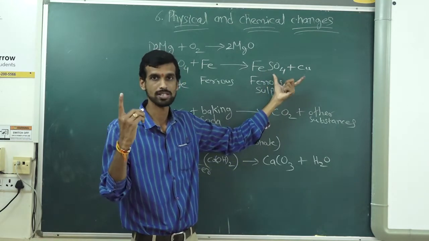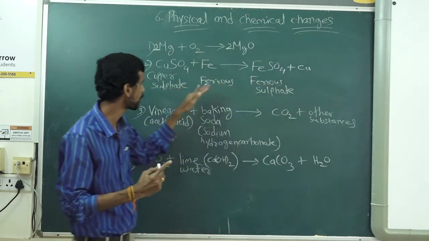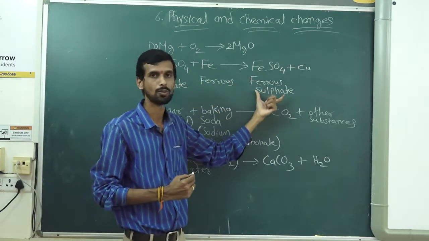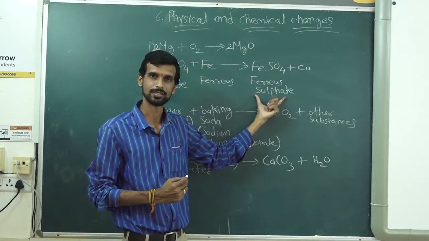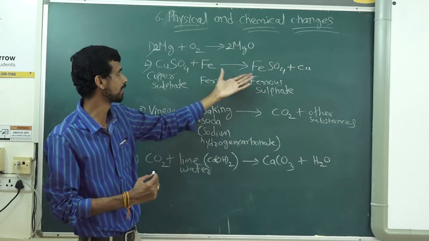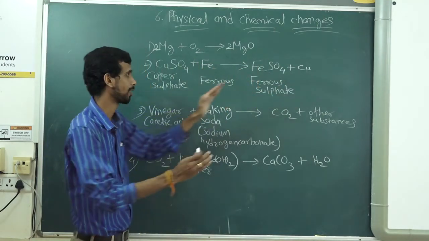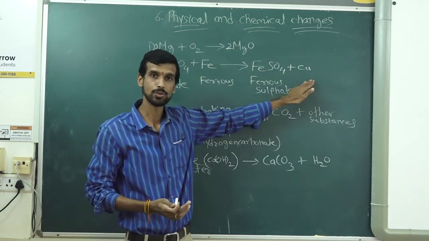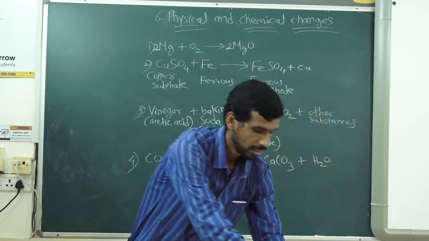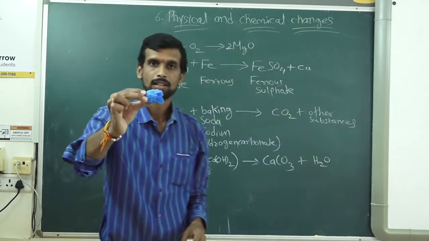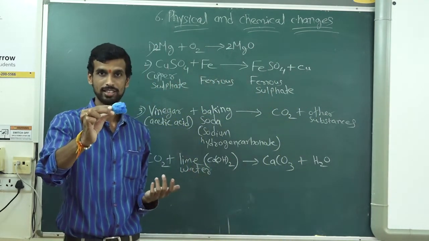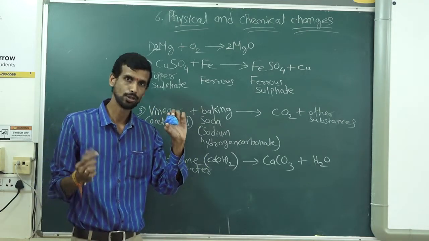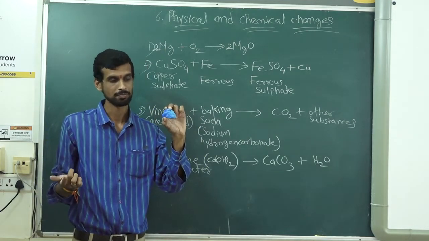Here two new substances are formed. Can you see this FeSO4 before the change? No, it was CuSO4, but after the change, what has been produced? Ferrous sulfate, FeSO4. Before the reaction, Cu was there, but along with SO4. So copper sulfate is different and Cu is different, right? Copper sulfate, here you can see. This is copper sulfate. In this, copper is there. And I have shown you the color of copper. You know, reddish brownish color.